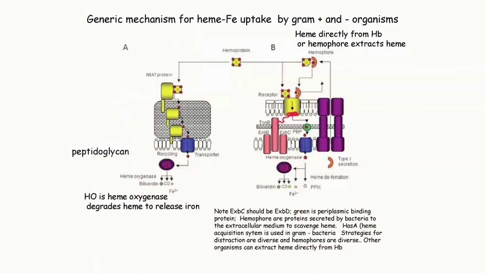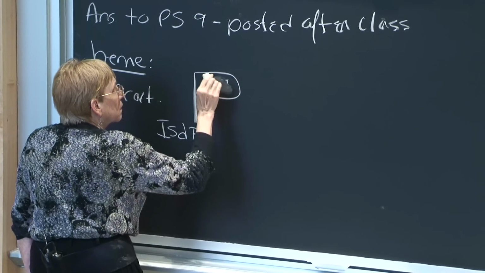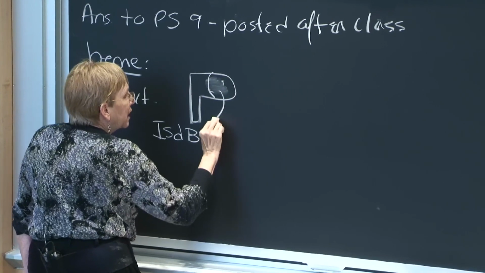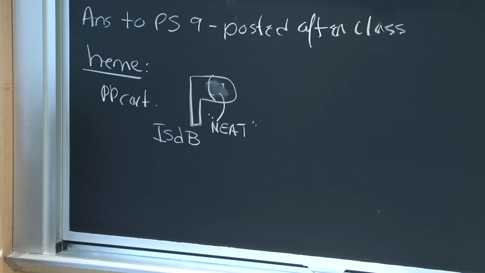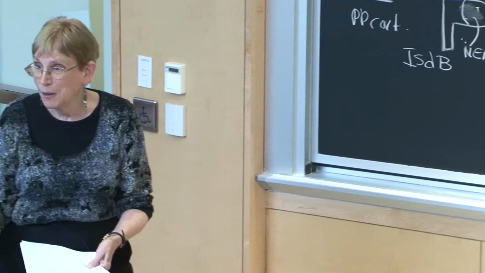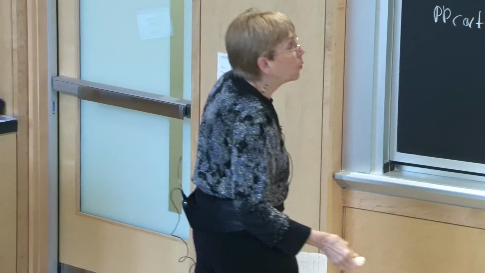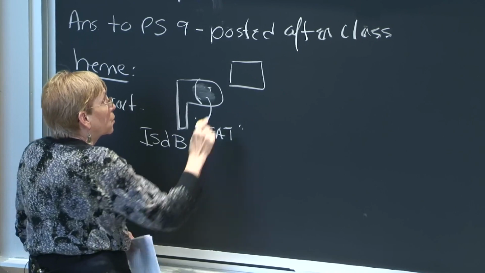The key thing that is present in all these Isd proteins is a NEAT domain. We'll come back to that later on. You have a big protein and there's one little domain that's going to suck the heme out, and so what happens, as we'll see in Staph aureus, which is what we're going to be focused on,